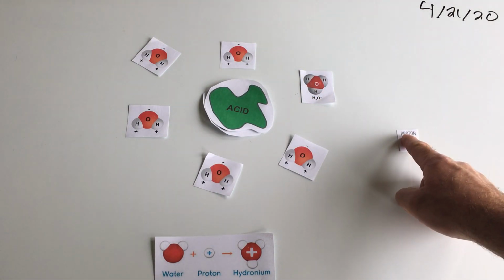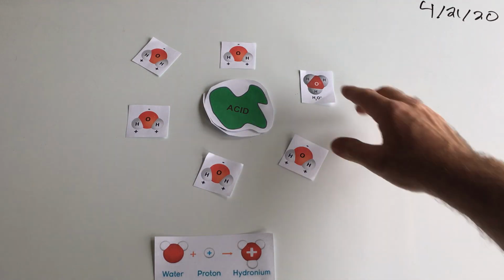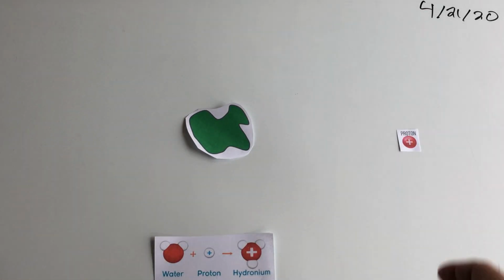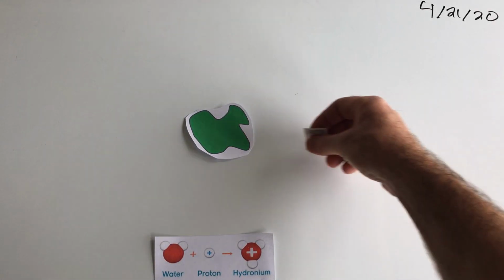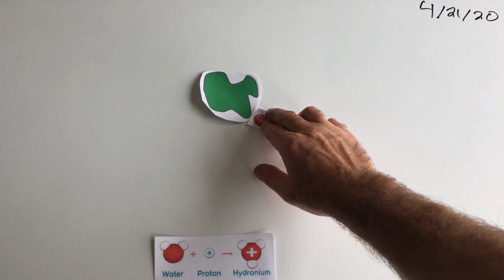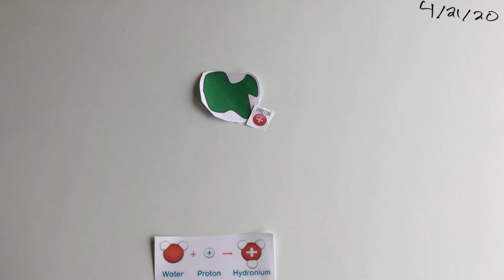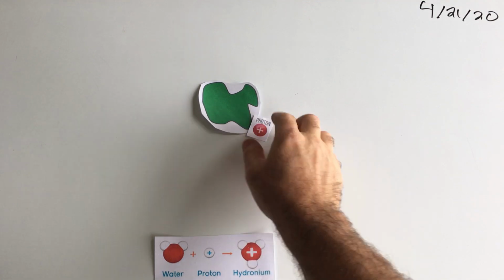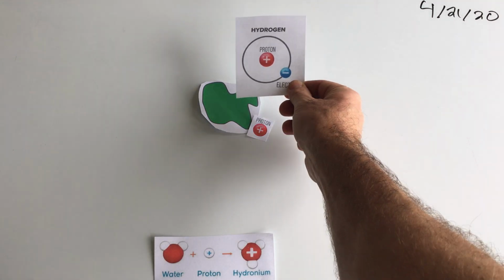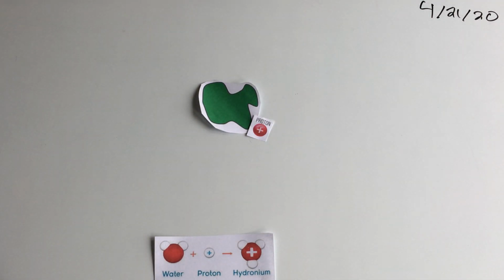But what made it an acid? That guy. So if before I add it to water, there is an extra proton, usually stuck out at the very edge, the very end of it. If we were to draw an atomic diagram of it, it would be way out at the end. It would be like a single proton hanging off, or what it really is, a hydrogen hanging off the end. And then if it will attach to water, then it's an acid. So right now, it is an acid.